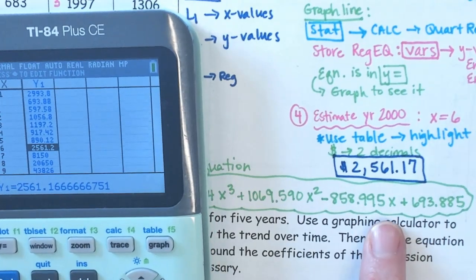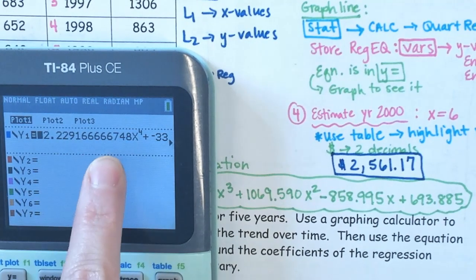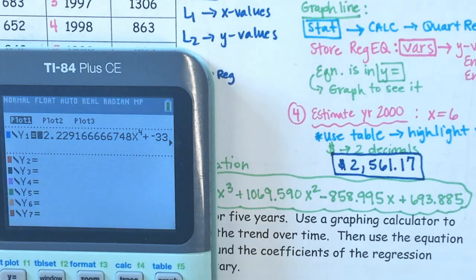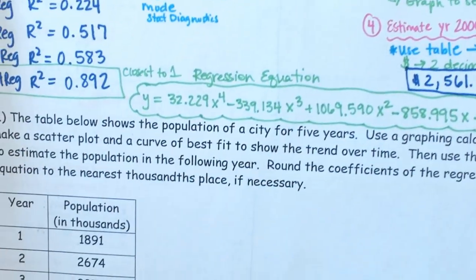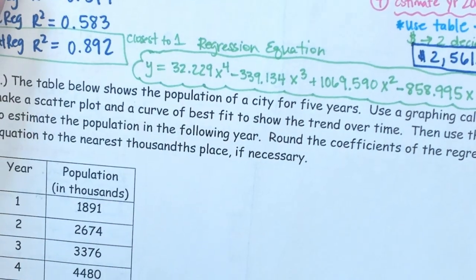Do you guys know why it won't be as accurate? Yeah, all of your numbers here are rounded, right? We put the whole equation into the y equals. Look at all those decimals. Okay, so that's going to give you a more accurate answer. So the $2,561.17. All right, so I'm going to give you a moment to read through B,